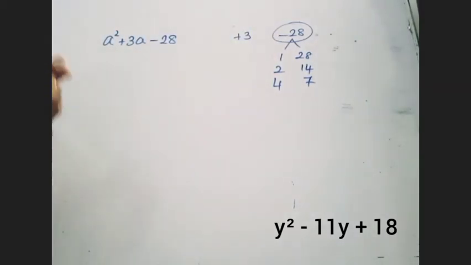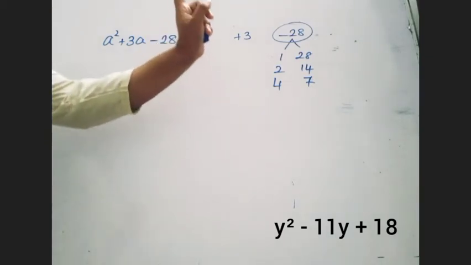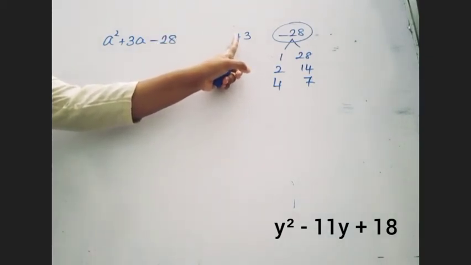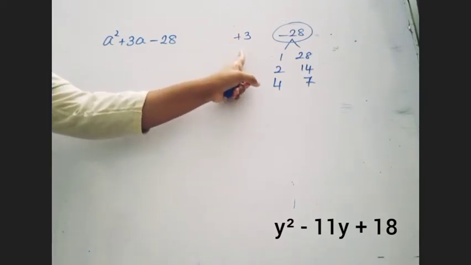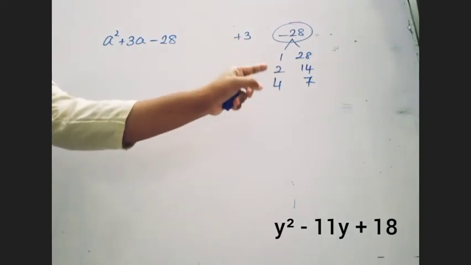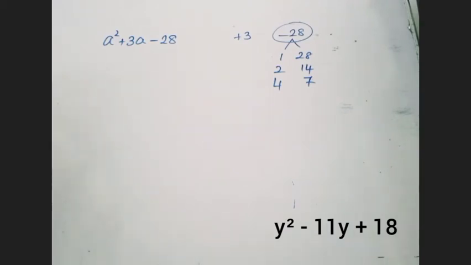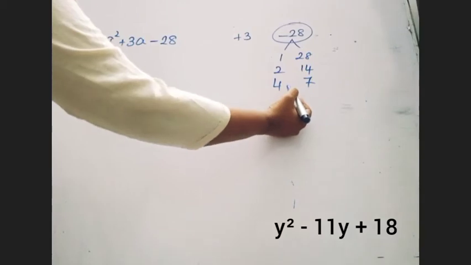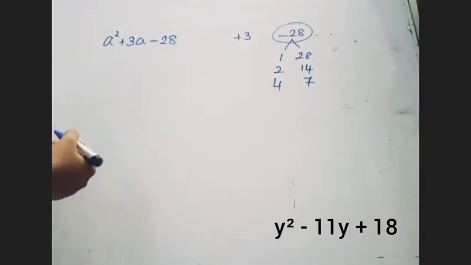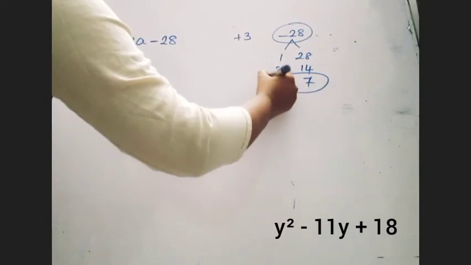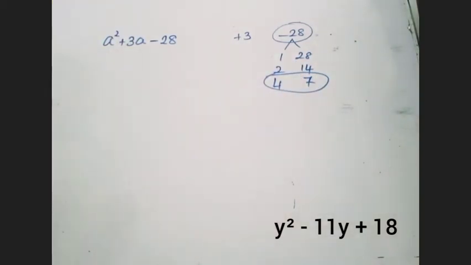Okay, so now we have to think which number is going to be negative and which is going to be positive. To help with that, you have to look at the middle term and its sign. So here it is positive 3. So remember, the highest value should contain the positive sign and the lower value should contain the negative sign. So let's look at the correct pair first where you are able to get 3 as the answer. As you can see, this is the correct pair where you will get 3 when you subtract them.